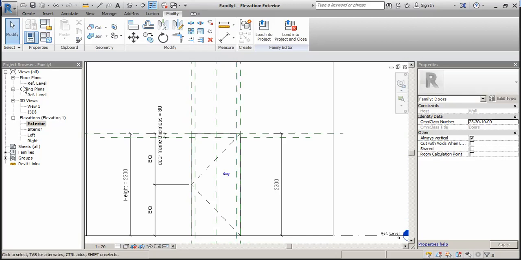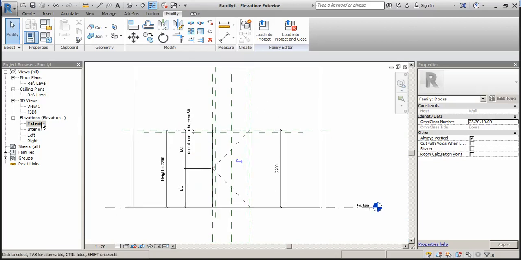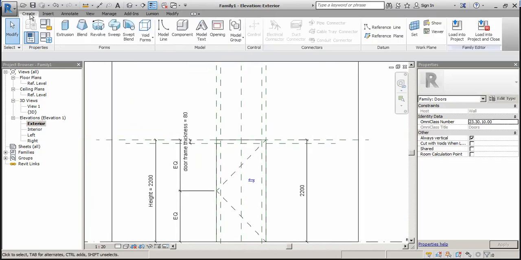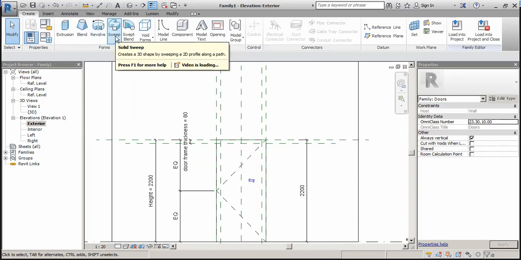Now what next? First we have to create the door frame. So to create a door frame, we have to select the exterior and go in create and take the solid sweep.